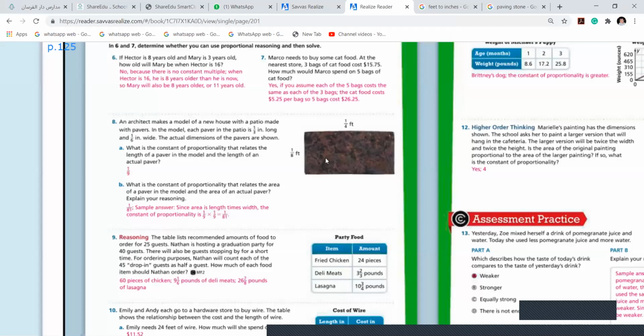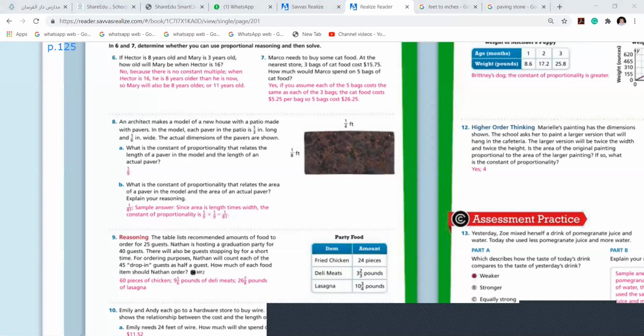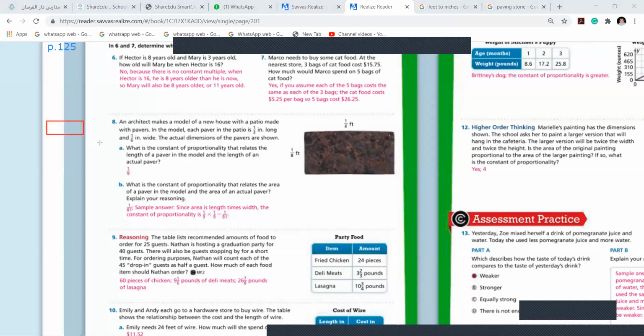Okay. So an architect makes a model of a new house with a patio made with pavers. In the model, each paver in the patio is 1/3 inch long and 1/6 inch wide. Now, girls, when I say model, it means I have to make that model. Let me make that model here. Okay, I made that model. And in the model, how much is that paver? It is